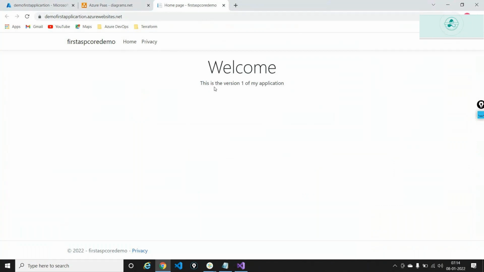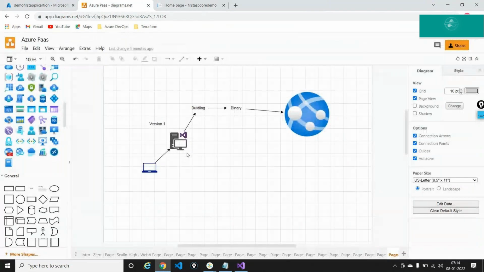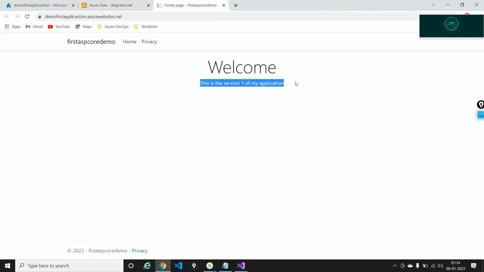So right now it's telling this is version 1 of my application. I am good right now. People are able to book cabs, order things and so on from my website out here, which is working fine. But as a development team, I don't want to limit myself to just version 1 of my application. I don't want to stop there.